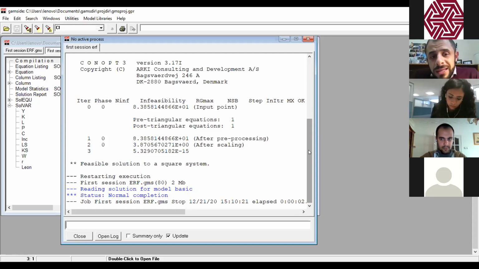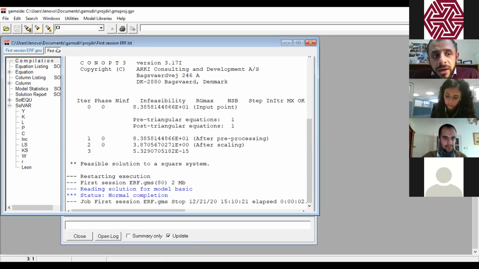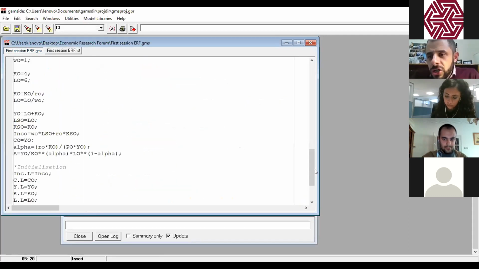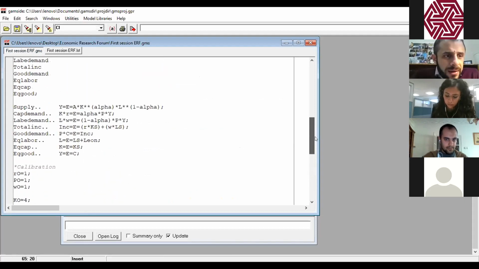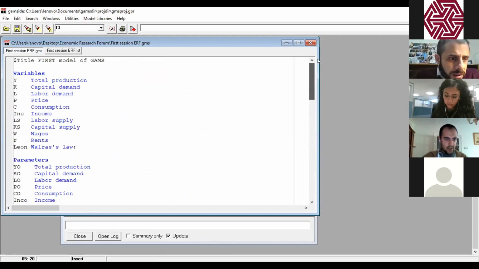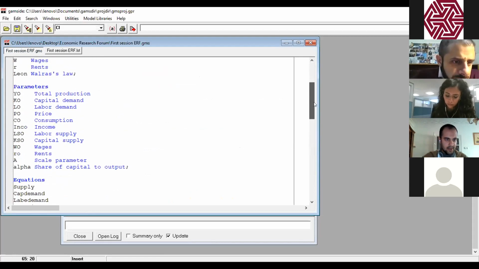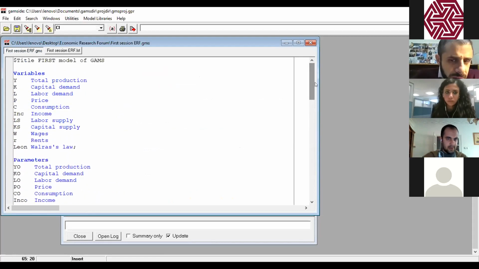This is in general the source of error that is really time consuming. So we have to go back to the model and check 3 things. Check the equations, check the calibration, and check the data. So please go up, yes, we start with the variables, parameters, okay, it's fine. Down to the equations, please, Aziz.